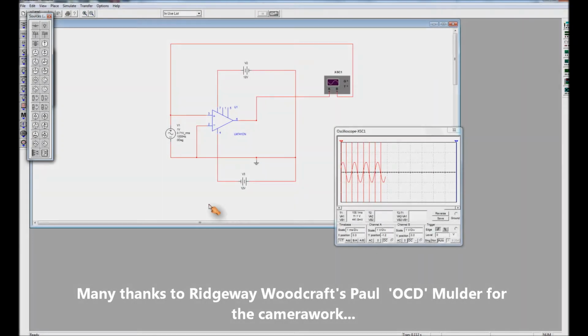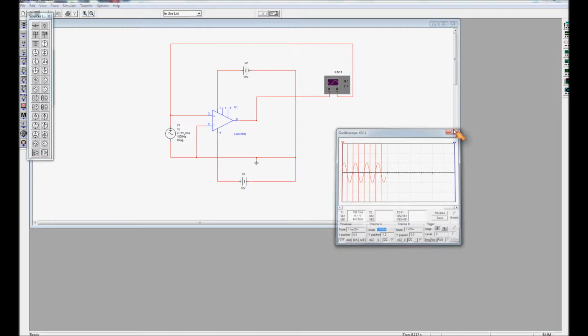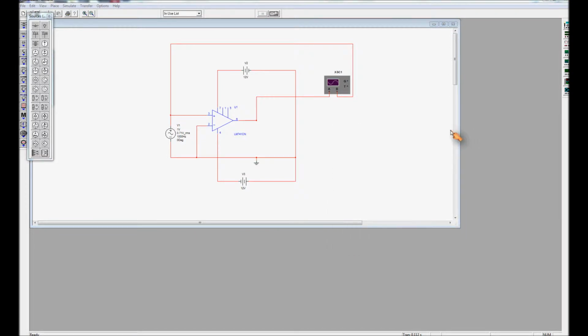Hi, today we're going to look at a voltage follower. I'm going to start with a simulation, and then we're going to look at it in a sort of live display. I'm going to start off by just reminding you of some of the characteristics of an ideal operational amplifier,